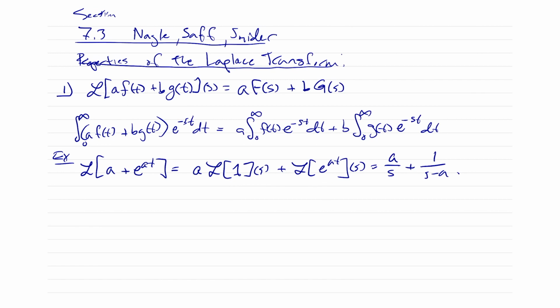Okay, so that's a nice and easy way to get started with properties, but let's take a look at one that's a little bit more interesting. This first one is called a shifting property. So if I take that e to the at and multiply it by f(t), then what am I going to get? So all of these properties really come down to properties of integrals